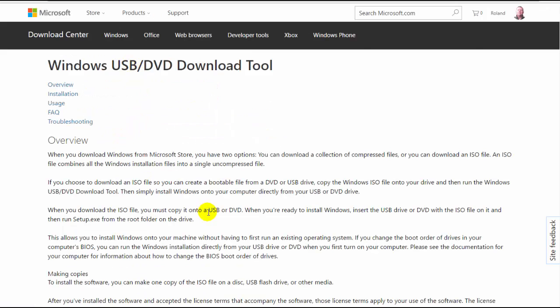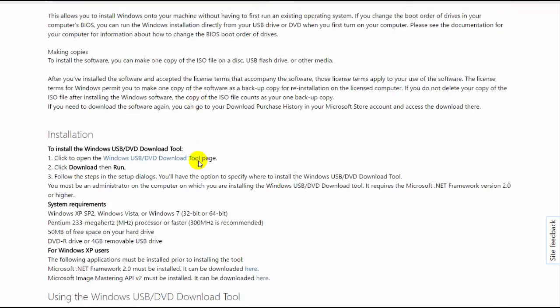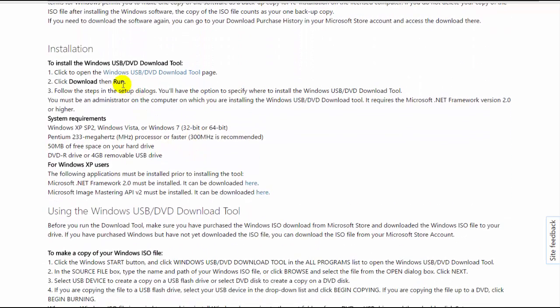And you can read the overview for this tool, and we want to go down to the installation. So we want to make sure that we just read through all of this to be safe. But as you can see, when you get down to the installation, we've got another link that we can use to be able to go through and get the tool. You can click on the link now,